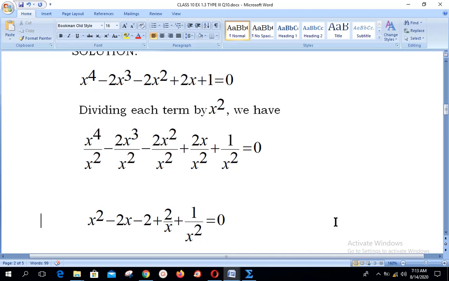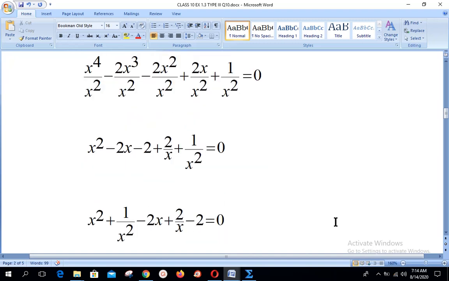Hope it is clear. This is simply cancellation of x power 4 and x power 2. Likewise, at the place of denominator there is x power 2, so you may apply the rule that powers from the top place will be subtracted, or if in the bottom place, like the second last term, it is greater, at the bottom place you will subtract, you will bring the top power to the denominator place.